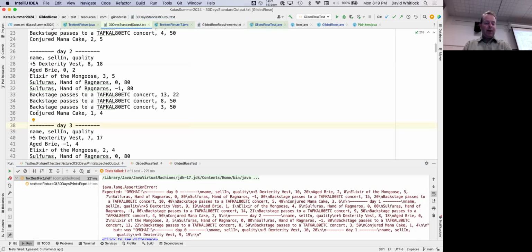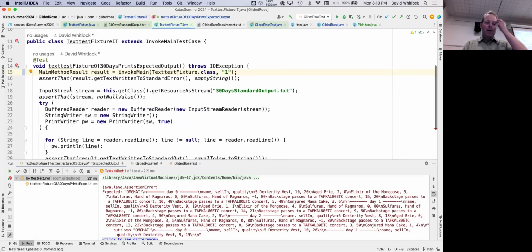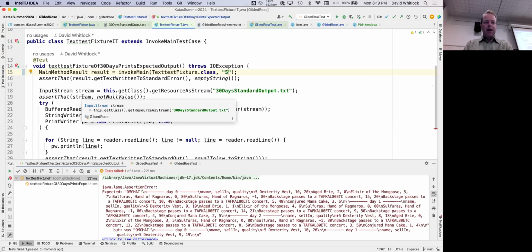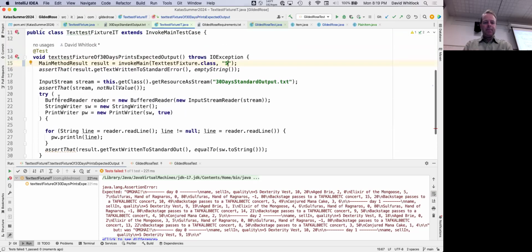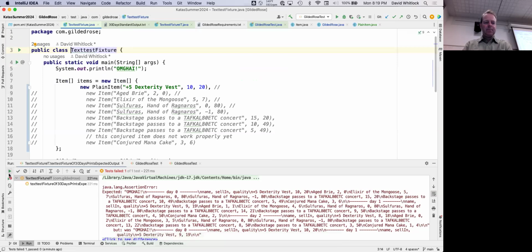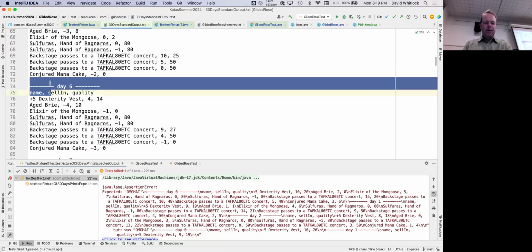So I just undid my changes. I just reverted to what's there in GitHub. So now when I go back to that, maybe it didn't fail the way I thought it did because of all the other stuff. So actually, this was okay. So let's go to 5 days for the test fixture, and see if this gives us anything interesting. So I'm going to then go back to the 30 days and only have 5 days of output and see if that tells me anything.